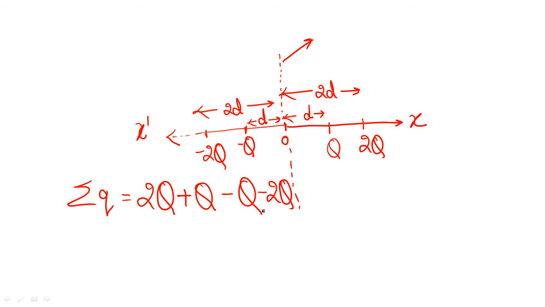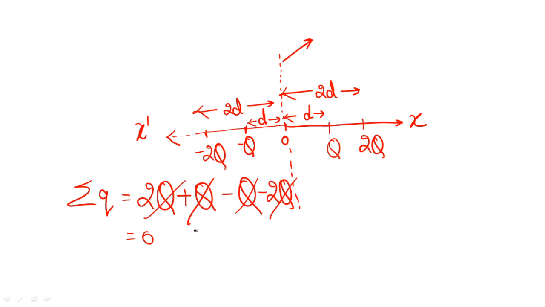That means we are even considering the image charges. This is now a complete system. Q cancels out, 2Q cancels out, you are just getting 0. When summation Q, that means the sum of all the charges, is equal to 0, a monopole does not exist here. If the sum of all charges is non-zero, then a monopole exists here.